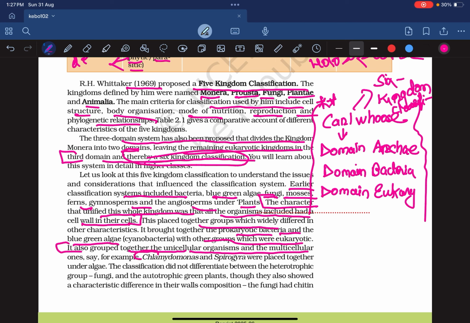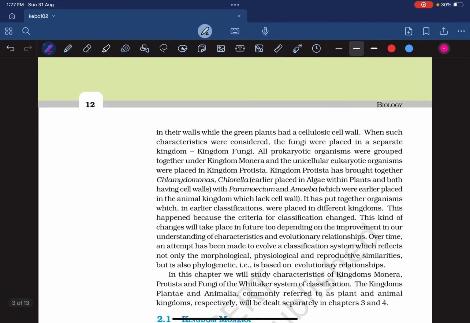For example, Chlamydomonas and Spirogyra were placed under algae. This classification did not differentiate between the heterotrophic group, which includes fungi, and autotrophic green plants. They also showed characteristic differences in their cell wall composition, that fungi had chitin in their walls while green plants had cellulose in their walls. When such characteristics were considered, fungi were placed